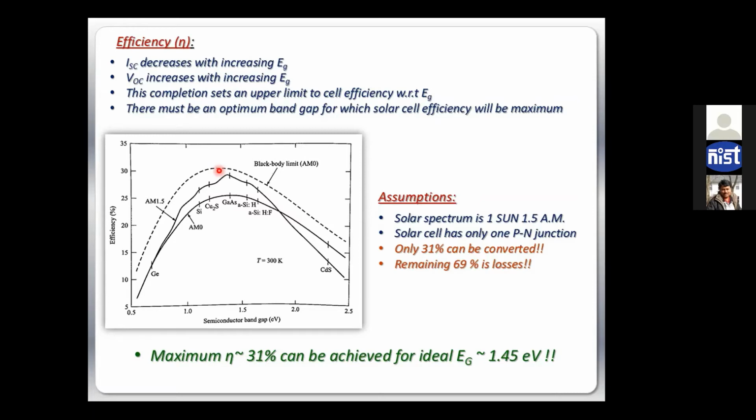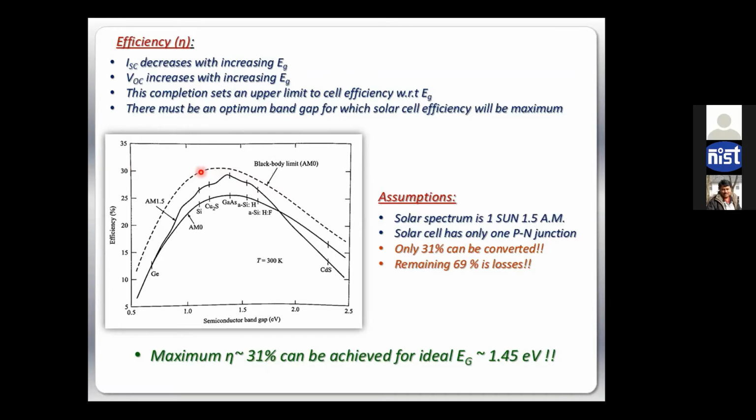So that band gap is known as the ideal band gap of solar cell material, and it has been shown by theoretical and experimental data that 1.45 electron volt, somewhere here, is the ideal band gap for this system, where we can expect the highest efficiency for solar cells. But what is that number? Even if it is the highest, we are talking about the highest peak position, but that is only 31%.